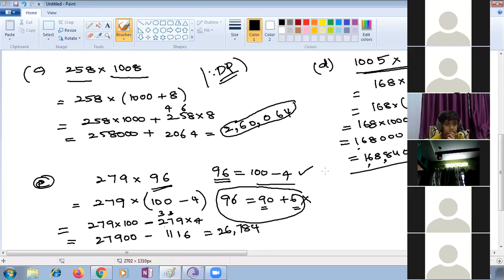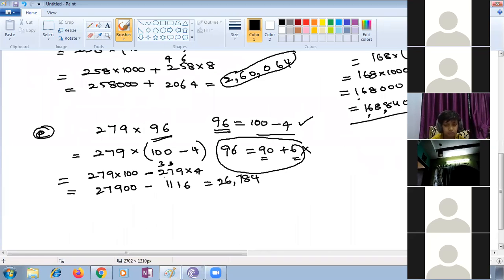The taxi driver filled his car petrol tank with 40 liters of petrol on Monday. The next day, he filled the tank with 50 liters of petrol. The petrol cost rupees 44 per liter. How much did he spend on all petrol? But nowadays, petrol cost is more than 100 rupees. Children, this is a question from long back, so you can ask your mom. Petrol cost is more than 44.